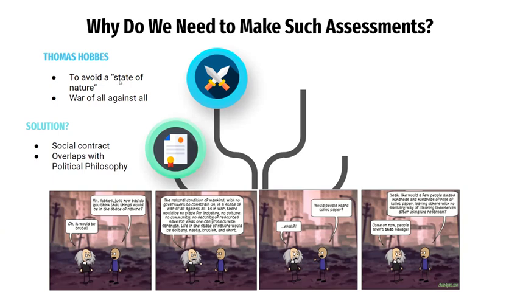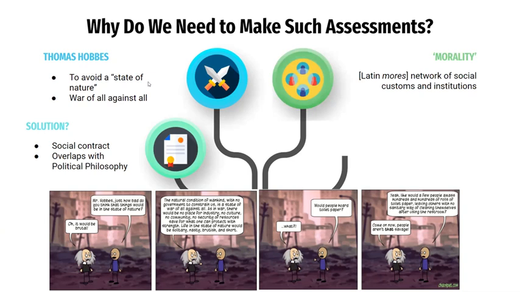So what's the solution? Famously, Hobbes thinks that we make a social contract. And so we have a political system that mirrors, supposedly, our ethical intuitions. So that's obviously for many people a very motivating reason to study and think about ethics, because we're trying to figure out how to structure society. And that's important for hopefully obvious reasons.